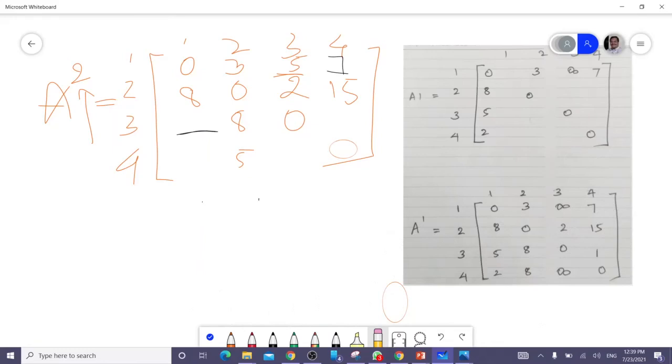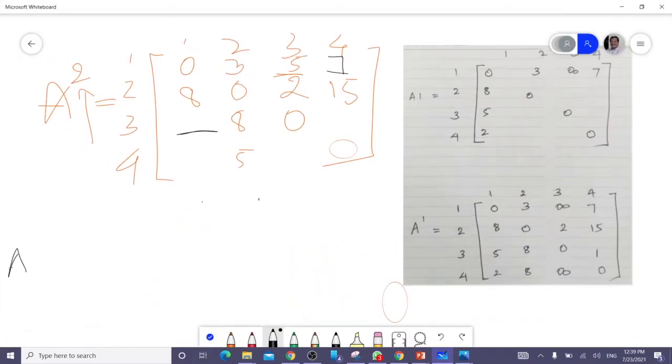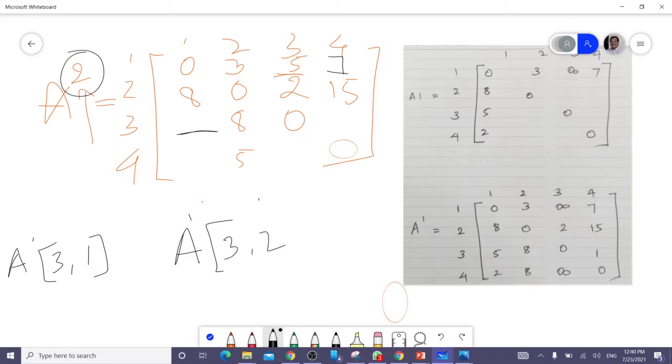For this I take the previous matrix A1: A1 of 3, 1 is the minimum of its present value and A1 of 3, 2 plus A1 of 2, 1, because 2 is the via node.